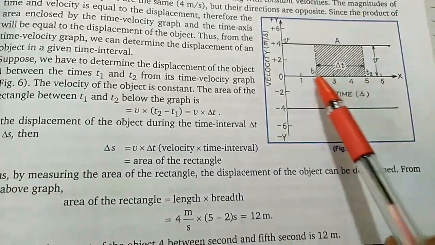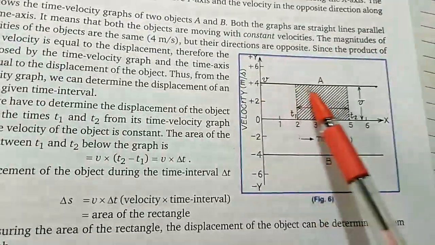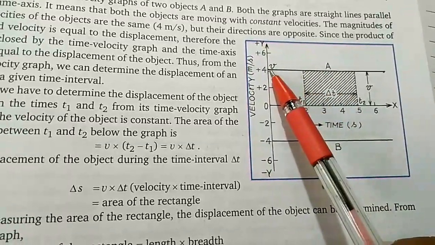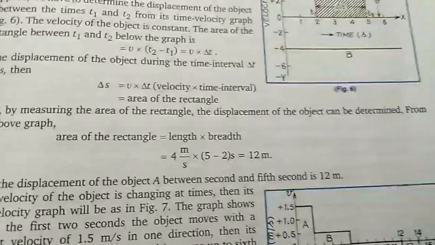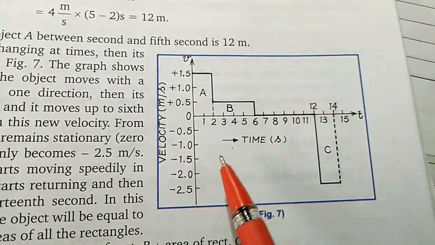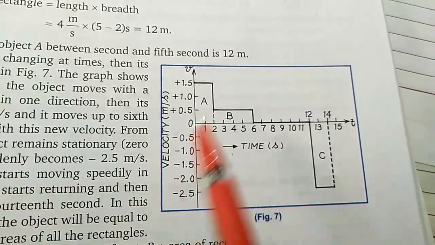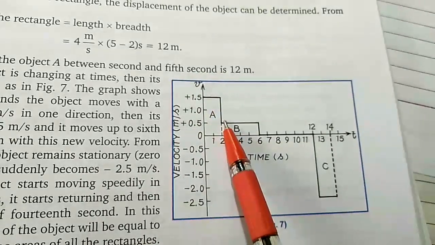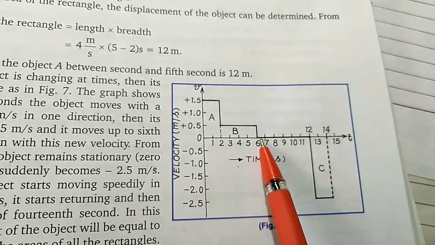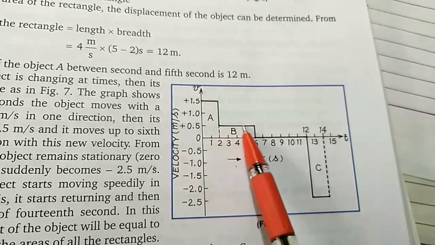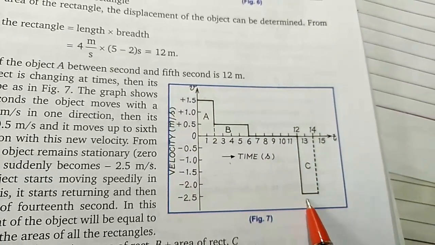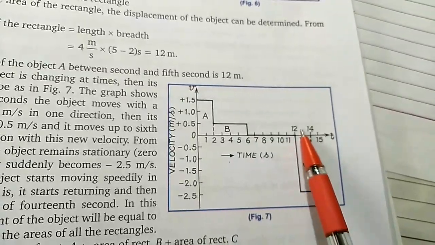And if you are asking for slope, the slope will be what? 0, because this is straight, acceleration is 0, velocity is constant, that is 4. But what about this example? This is also a velocity time graph, and this is the actual graph. It goes from here, then comes down, then this direction, then comes down, meaning velocity is decreasing, then constant, decreasing to 0, then constant 0, then decreasing to minus 2.5, then constant, and then to 0.